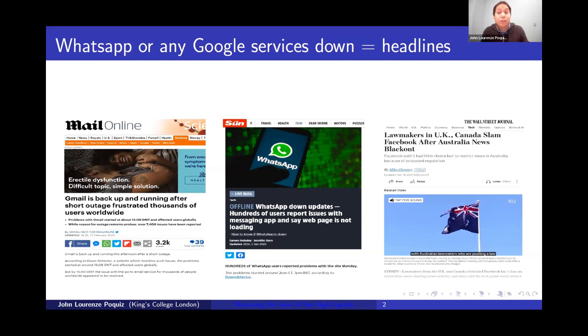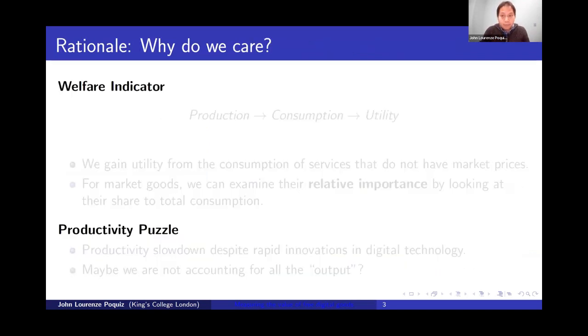News outlets are starting to write about it. This speaks of how these services are impacting people's lives already. Now, this is motivating many researchers to think about how much value we actually receive from these digital